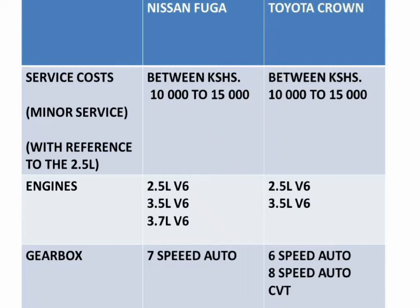So what are the engine options available in these two cars? For the Nissan Fuga, there are three options: a 2.5 V6 petrol engine, a 3.5 liter hybrid, as well as a 3.7 V6. This can either be rear-wheel drive or all-wheel drive. As for the Toyota Crown, there's a 2.5 liter V6, a 2.5 liter hybrid, as well as a 3.5 liter